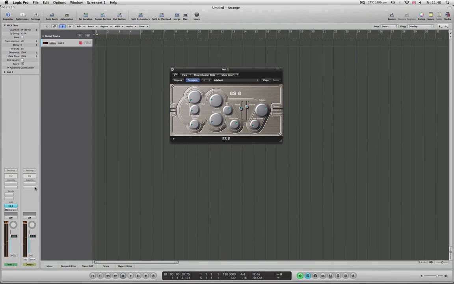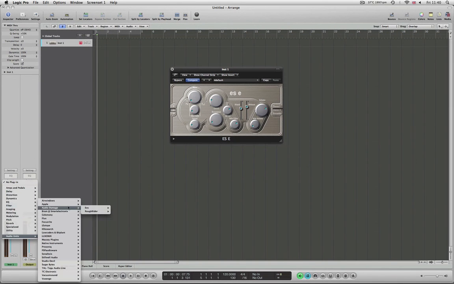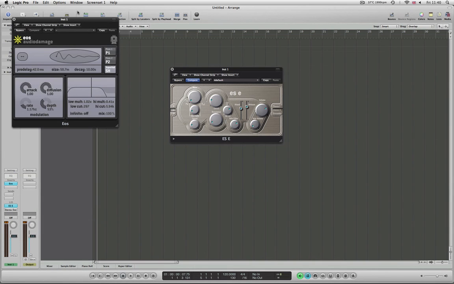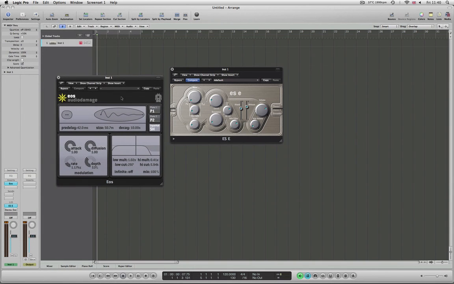And now to top this off, what you want to do is really put some reverb on it. So I've got a really nice reverb called EOS, which I love putting on string pads. And I've got a 10% insert preset where the mix basically goes to 10%. So now you get this kind of